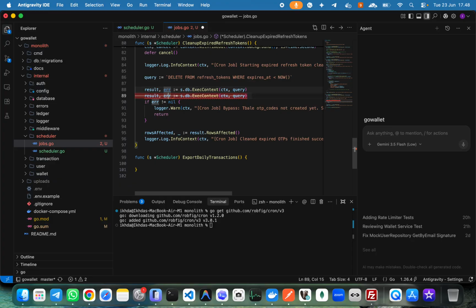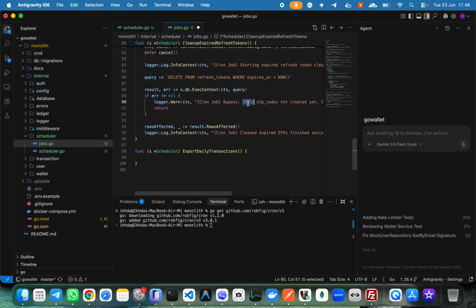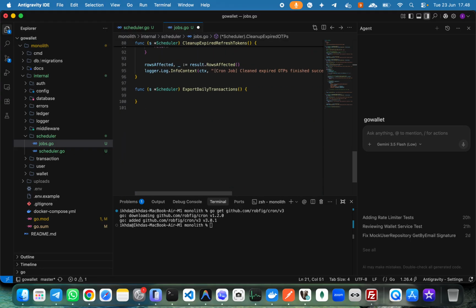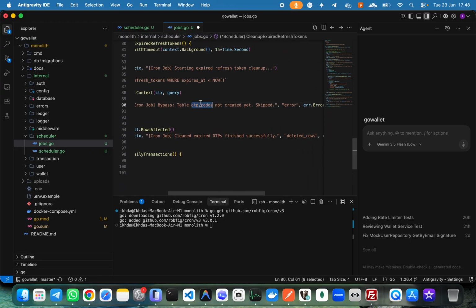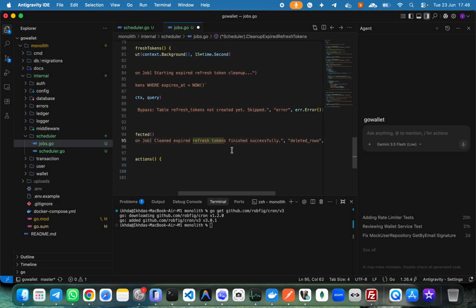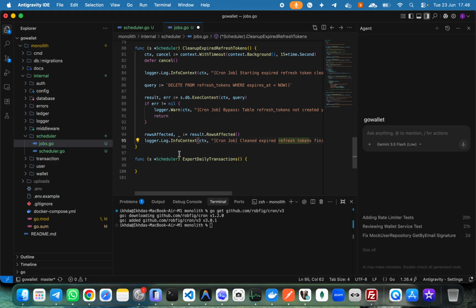Okay, I think I delete this one, bypass table. Okay, this one table, we have a typo here, table refresh tokens not created yet, and then refresh token finish successfully deleted rows, something like this. Okay,